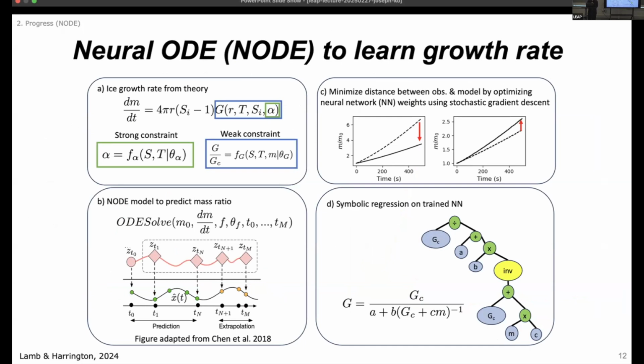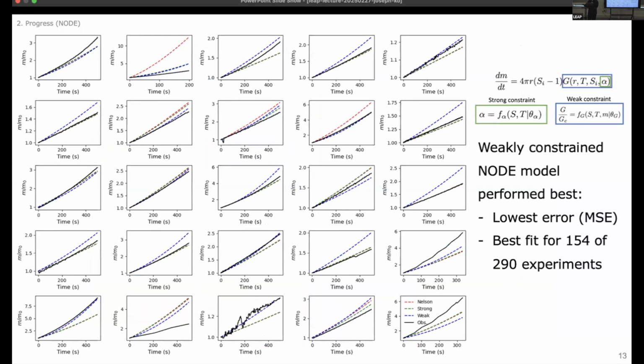the model. And the cool thing that Kara did in addition was find a functional form for this neural network learned function so that we can plug this into a climate model without some kind of Python to Fortran bridge. There's a lot going on here, but the bottom line is that the weakly constrained NODE model performed the best, had the lowest mean squared error, and had the best fit for 154 out of 290